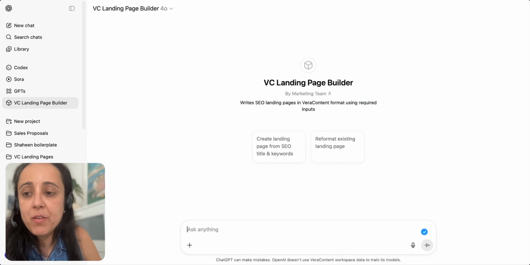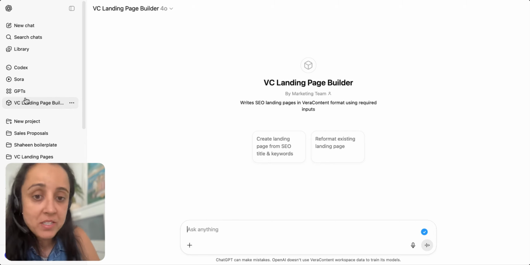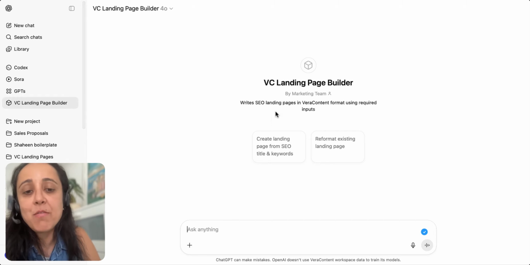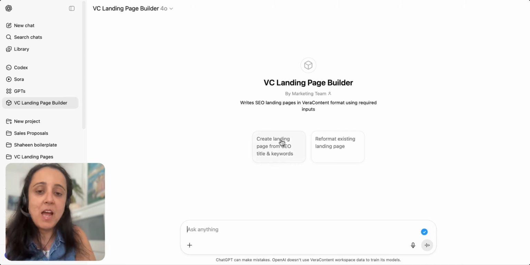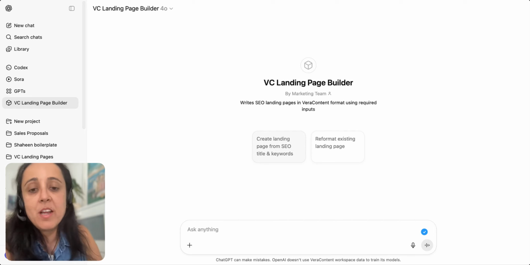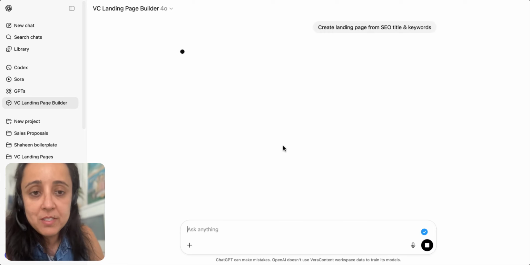And one more tip, if you are using a prompt like this regularly and you want to share it with your team, you can consider creating a custom GPT. It's really easy to set up. And if you do that, you can basically save the entire prompt and your team would only need to input the inputs. So for example, here,